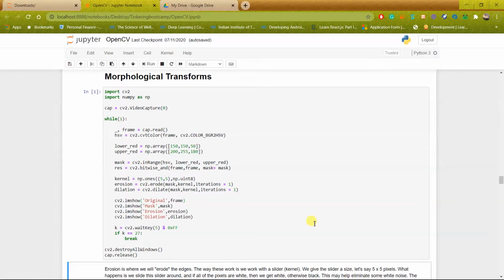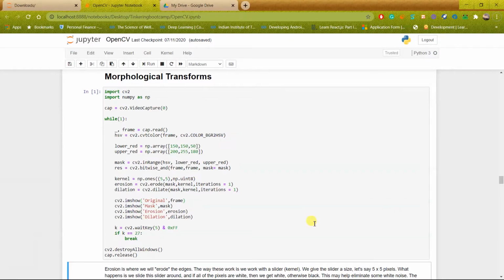And the other type is the false negative. What that means is that the object is red, the pixel is red, and the output is given as a black pixel. That is, it is not being identified correctly to be red. So that is a false negative. The pixel is actually red, but it is identified incorrectly and returned as a black pixel in the mask. So there are multiple ways of reducing the false positives and false negatives.